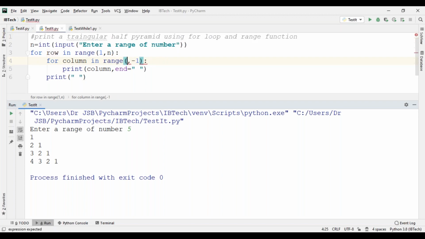For example, if you want to use range, in that range we can give the first one as row.